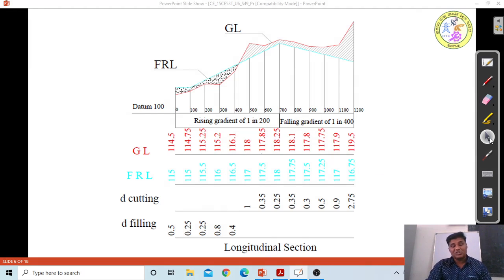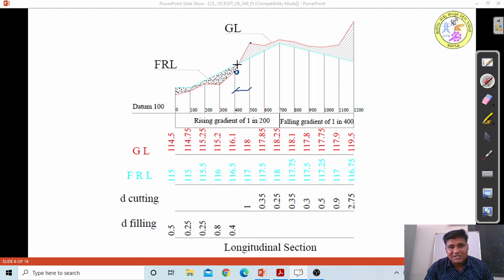So this is the procedure to draw the longitudinal profile of the road and calculating the depth of cutting and depth of filling. But one case you have to observe keenly: from here, this is one point. Between these two chains, that is 400 to 500,